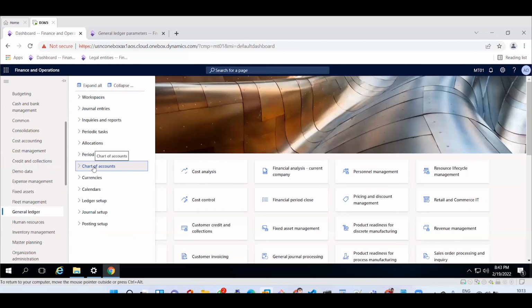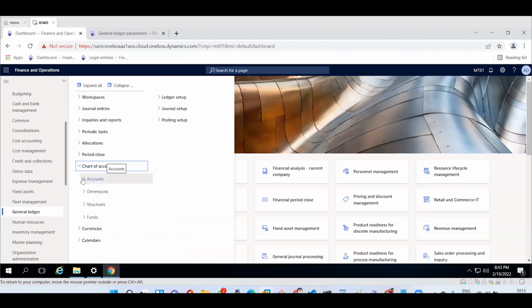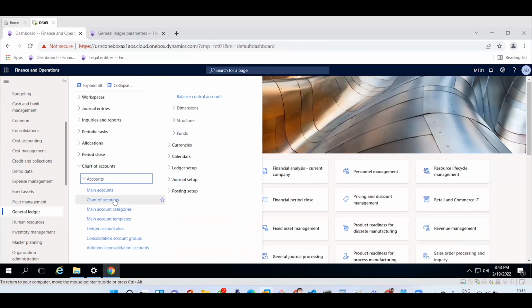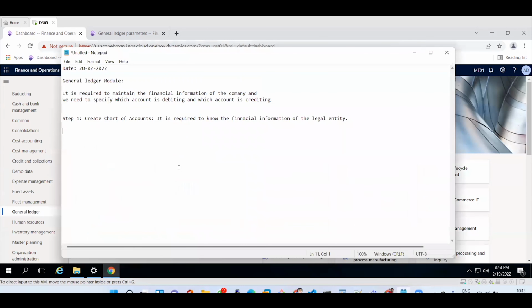Click on chart of accounts. Under that there is an account section, accounts, the chart of accounts. Okay, the path is general ledger, chart of accounts, accounts, main accounts. Maybe if you are writing notes, you can keep a path like this: